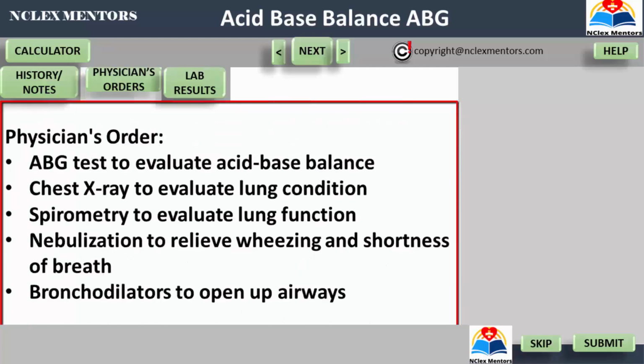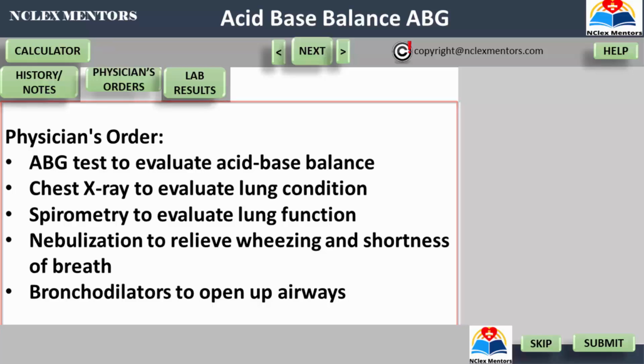The physician has ordered several diagnostic tests and treatments to address the patient's condition. An arterial blood gas test is to be performed to assess the patient's acid-base balance and respiratory function. A chest X-ray will be conducted to evaluate the condition of the lungs and identify any possible pathological changes. Spirometry is ordered to measure lung function and determine the extent of airway obstruction. In addition, nebulization and bronchodilators are prescribed to alleviate the wheezing and shortness of breath by opening up the airways